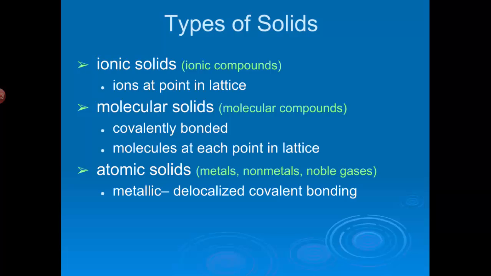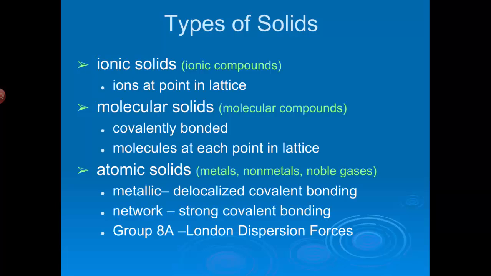Metallic solids have delocalized covalent bonds between the metals. We'll see what that looks like in a minute. There are network solids, which have strong covalent bonding between the atoms. And then there are the noble gas solids, group 8A. And what holds them together are London dispersion forces, because they're stable, so they don't form bonds